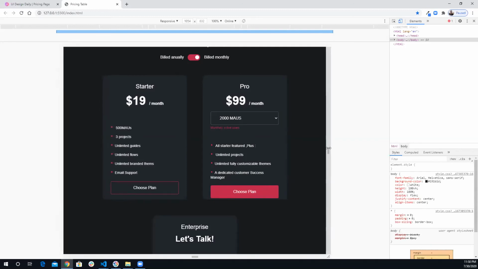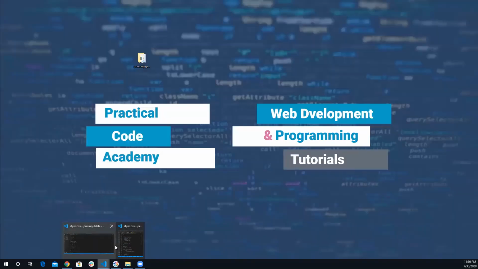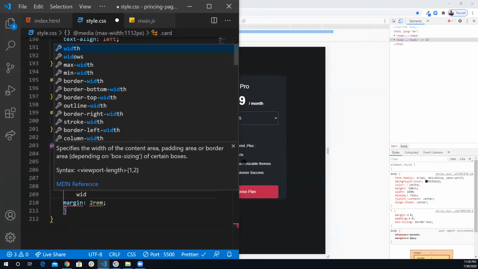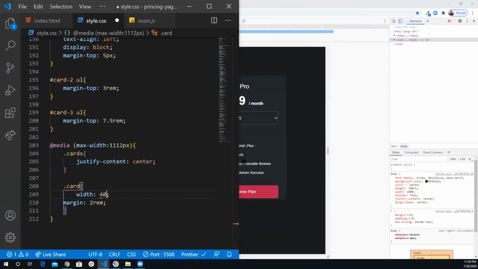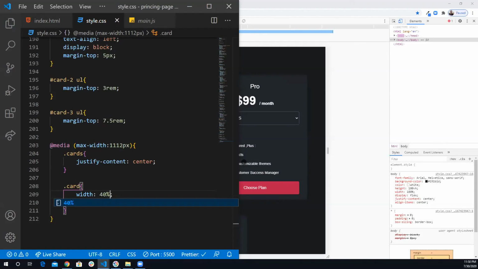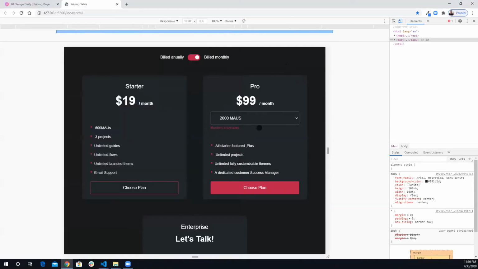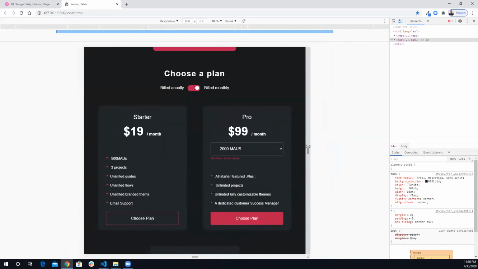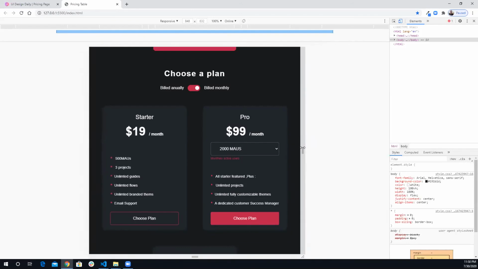This actually can be fixed easily in the same breaking point that we have. Here, we can make each card width, we can increase it a little bit by 40%. Now the card width will be a little bit bigger. And now when we decrease it, it looks like it breaks right here, which is 844. I'm gonna copy this,